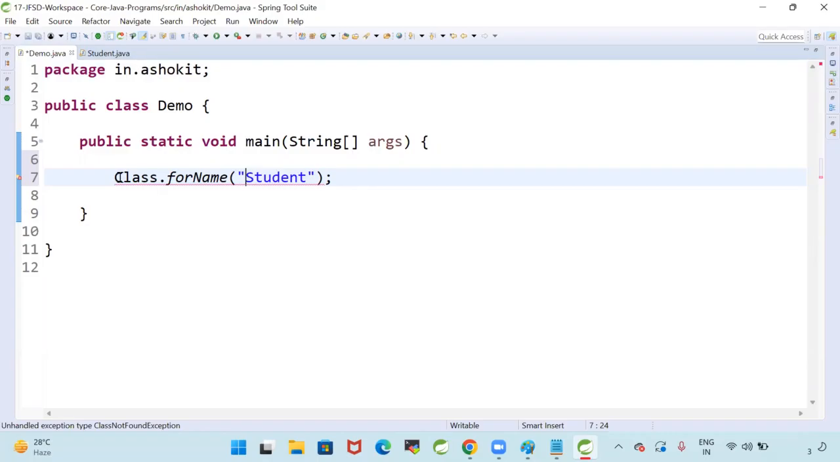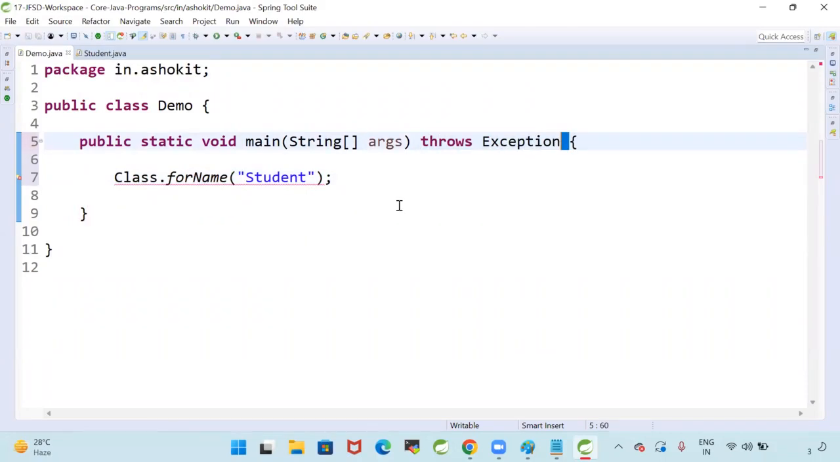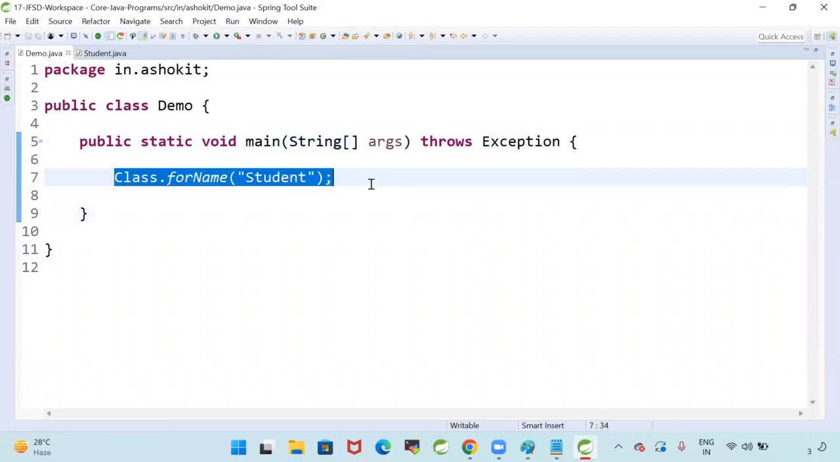Class.forName. Class is a predefined class available. Let me write throws Exception. What is the meaning of Class.forName? It is used to load the class. Now it is available inside a package